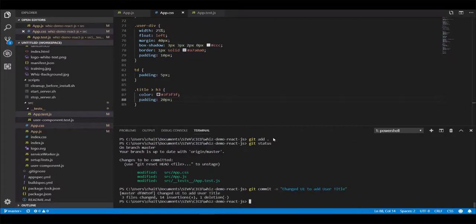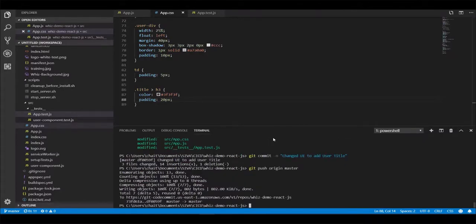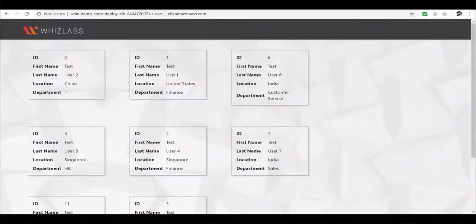All right, let's push this to the master branch. My origin is already configured with CodeCommit, so I will just provide git push origin and then master. Okay, the code has been successfully pushed to CodeCommit. Now let's go back to CodePipeline